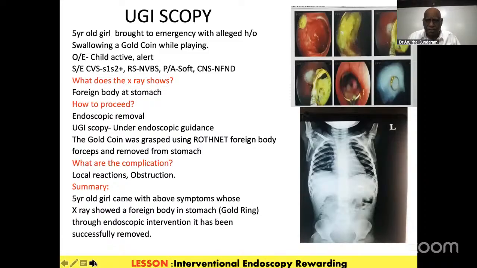Second one is interesting. Many times we have put it in there. I am trying to make our participants understand that a foreign body in the GI tract is very common, especially in children. Even yesterday, a child swallowed a small battery. Coins we have seen many times. This is a gold ring.